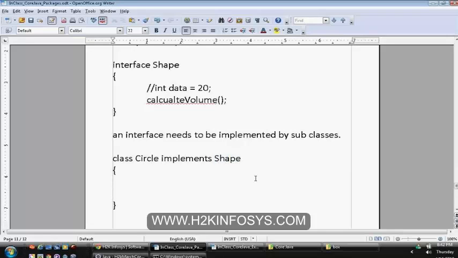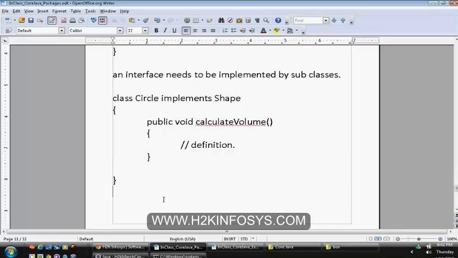Once you have specified that you are implementing the shape interface, then you will provide the implementation for all the methods. Public void calculate volume. You are supposed to provide the definition for all those methods.